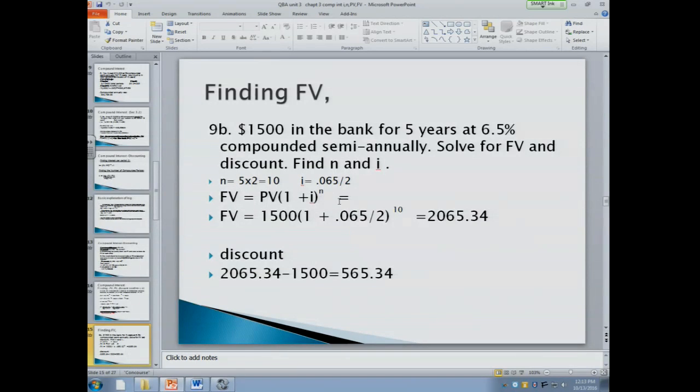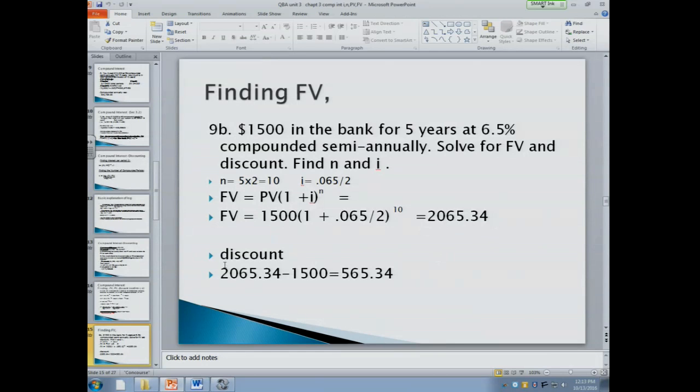So here's our future value formula. And let me give you a little trick on how to do this calculation so you don't have to write down the interest on a piece of paper on the side. Start from the innermost parentheses. 0.065 divided by 2 on your calculator. Enter. Plus 1, enter, raised to the 10th power, enter, times 1,500. And you get